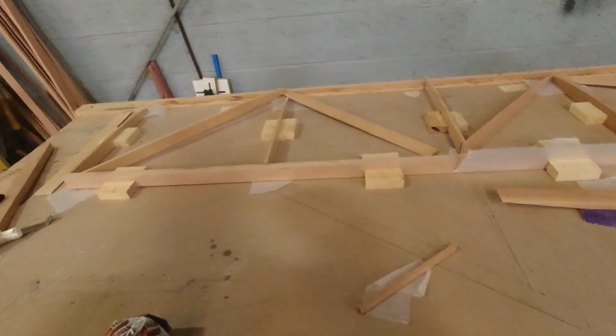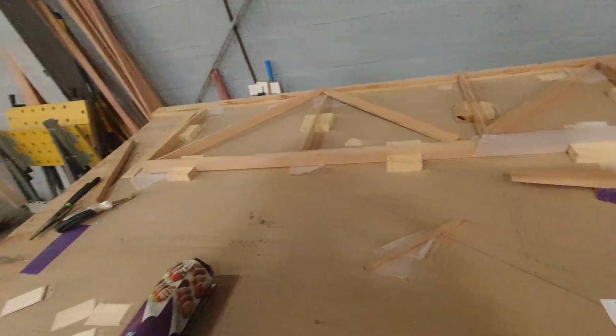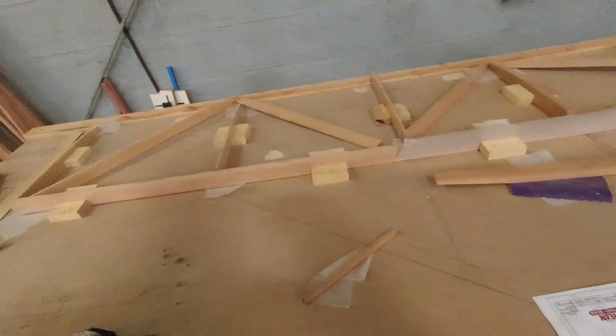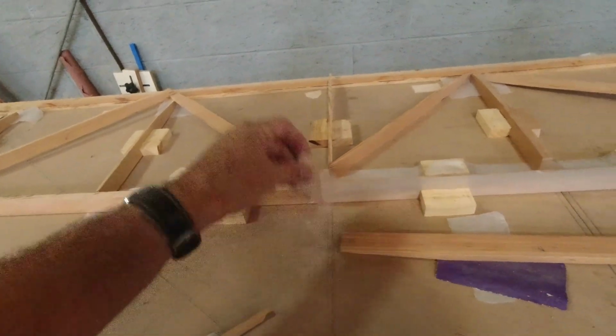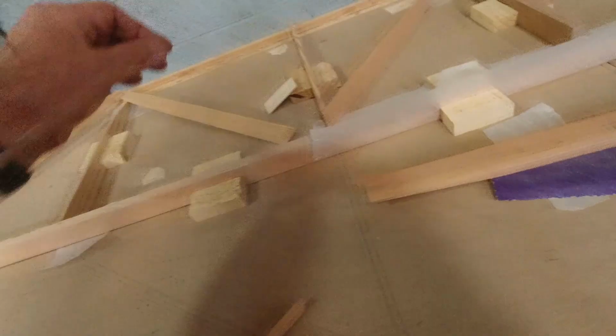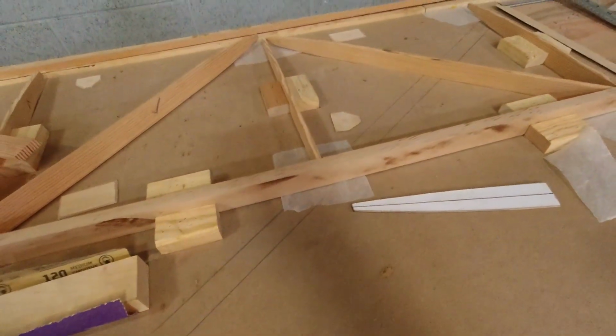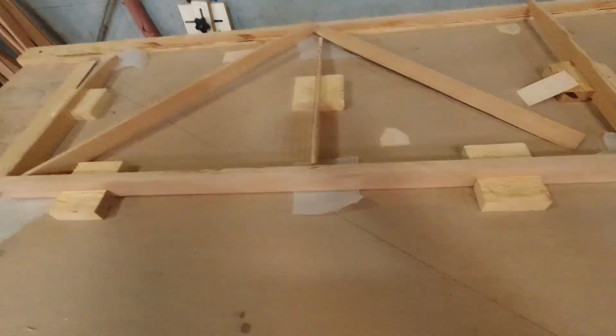And one of those. And one of these. All right, that takes care of that one, that one, that one, that one, that one back there, and then that one, and that one, and that one, and that's all good. I think we're good. Okay, so I'm going to get some epoxy mixed up, and we'll get